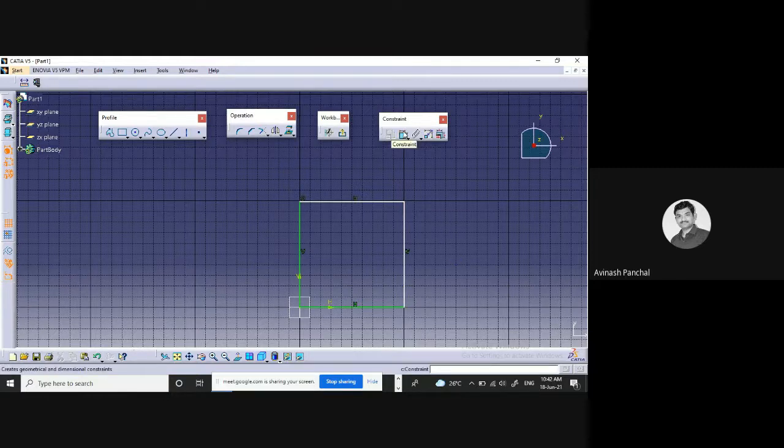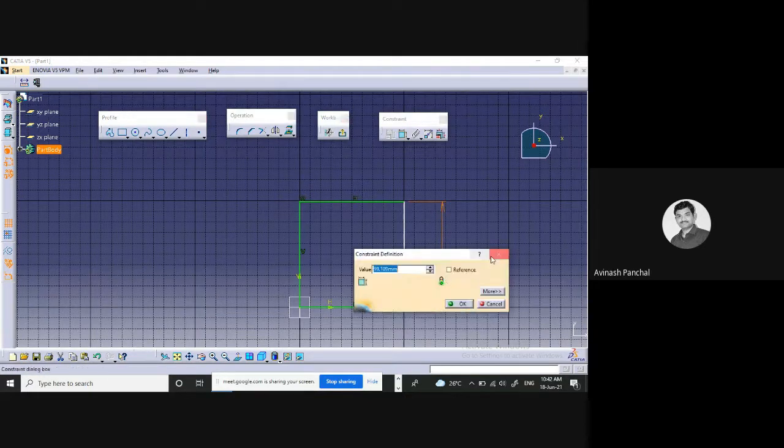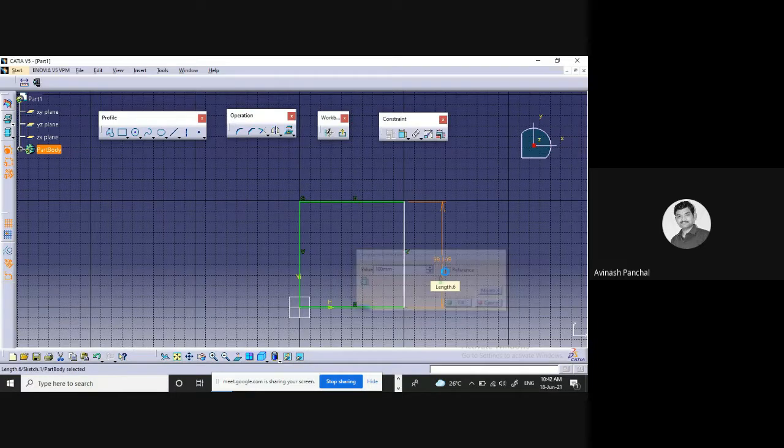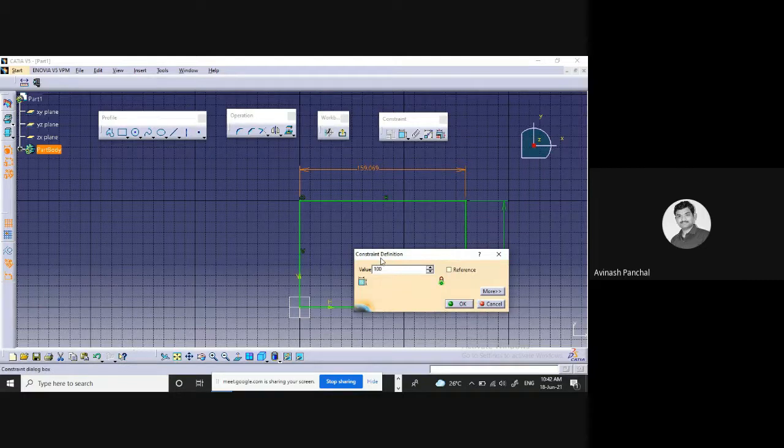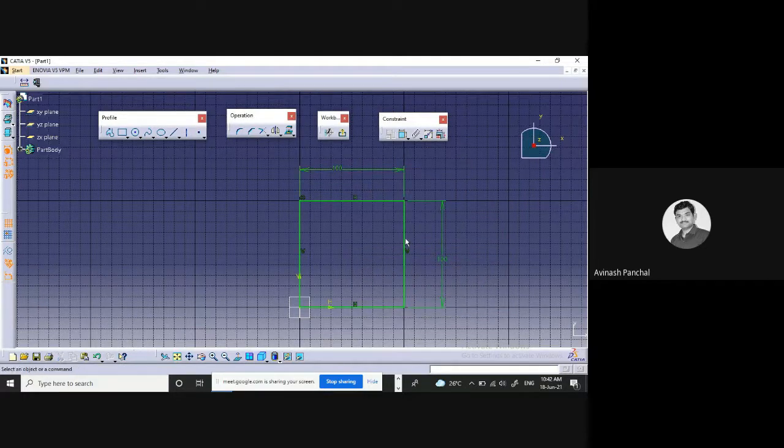So we use constraint for fixing them. Click on constraint, click on this line and do this. We can double click here and change the dimensions of this. So the 100 we can take over here. So the vertical distance has been locked. Here it will not move. Now what we need to do, we need to again take this constraint for this and double click. 100 we can write over here and it will be in mm, fixed. So now it will not move anywhere.